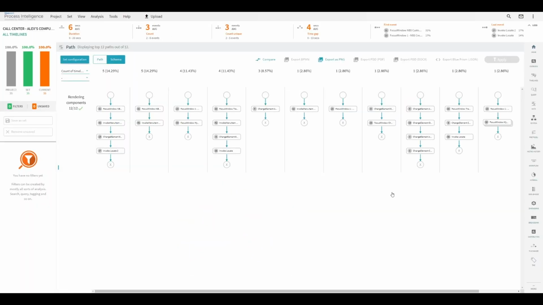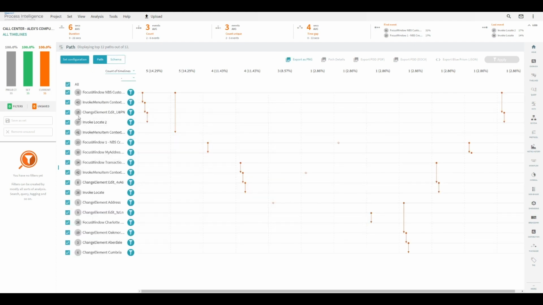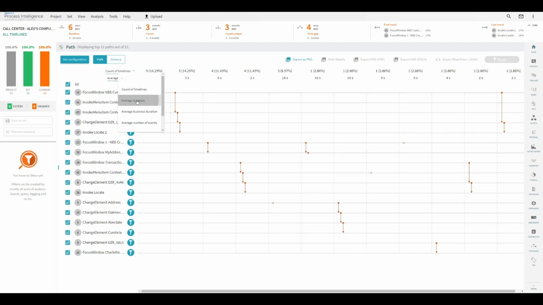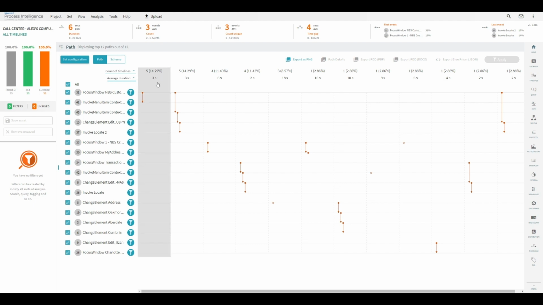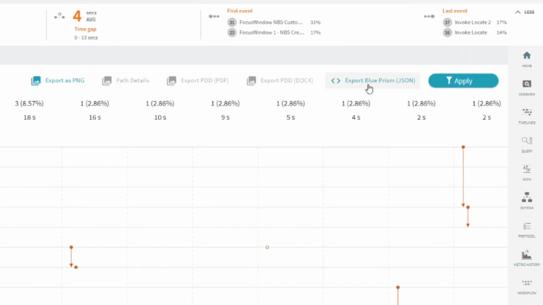And since Blue Prism Process Intelligence deploys multiple recorders on various users' desktops, Rachel can capture a representative sample of how different people do tasks. This means that we don't see just one happy path, but every path, including exception paths, resulting in automations that are much more resilient. Once we've selected the paths we want to include, we simply click the Export to Blue